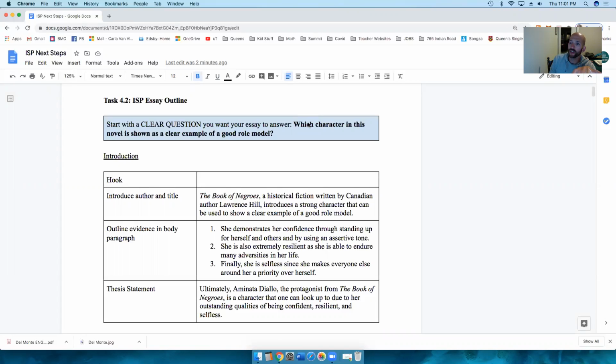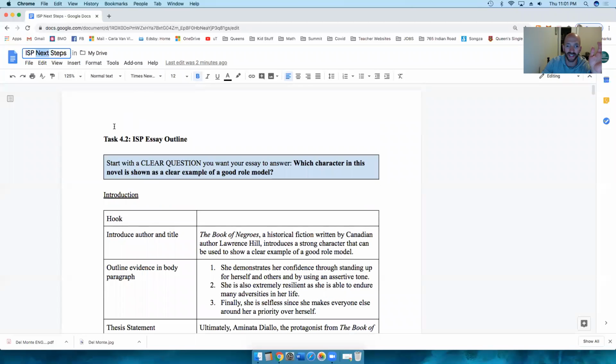You'll see on your essay outline, I've changed it. It will now be called, in the top left corner, Your Name's ISP Essay. So you can delete, as I said, everything else on it. The first thing I see when I now open that doc should be this. So delete everything else, or put it way at the bottom. At the top should now be the essay. So we're going to start turning this into an essay.